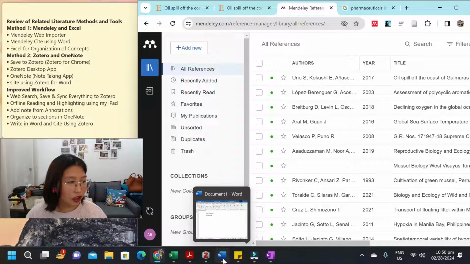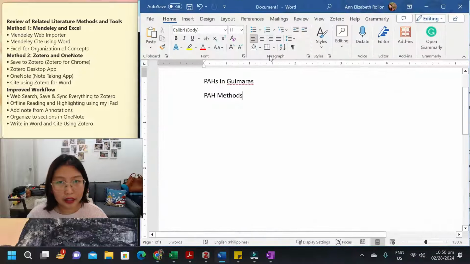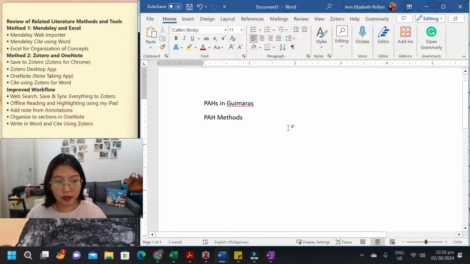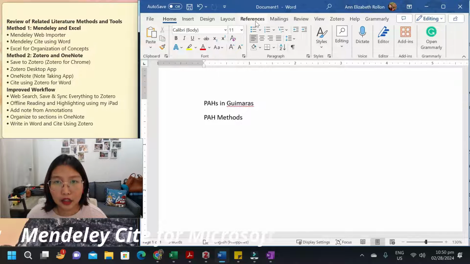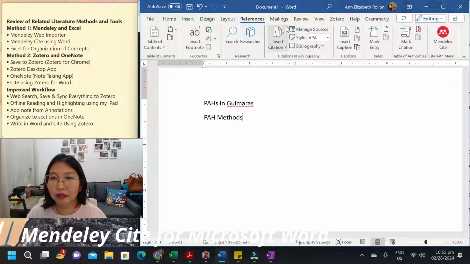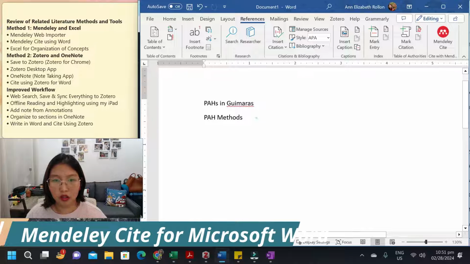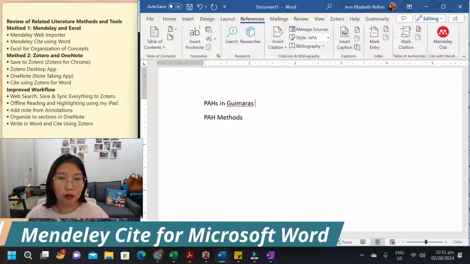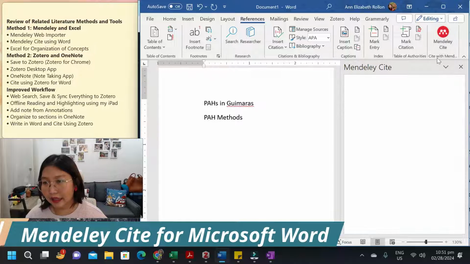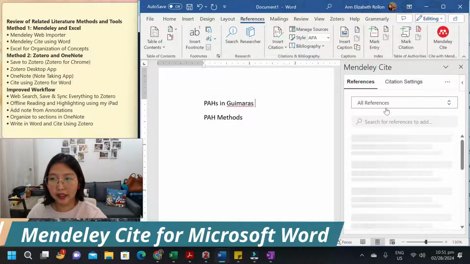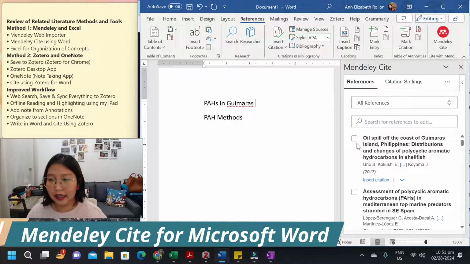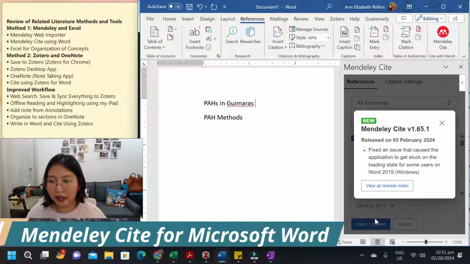Once that is already in your Mendeley library, you can use Mendeley Cite in Word. So first, you should have your Mendeley web importer installed in your Google Chrome, and then second, you should have Mendeley Cite installed in Word, and that is here in the references, Mendeley Cite. For example, I want to cite Uno et al. I should click Mendeley Cite. Your library should be shown here in the Mendeley Cite references. And I want to cite Uno et al. So I could insert